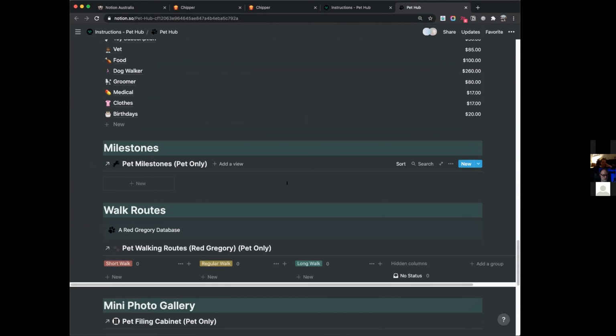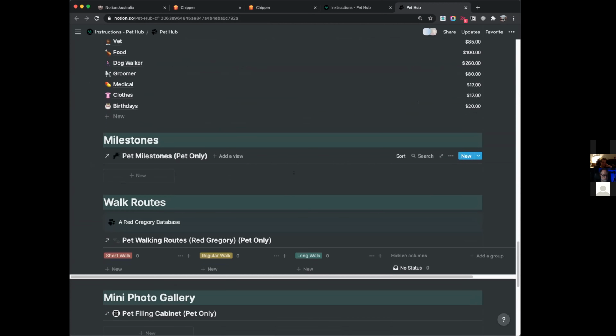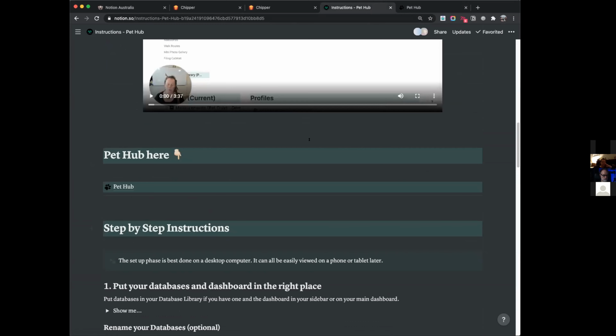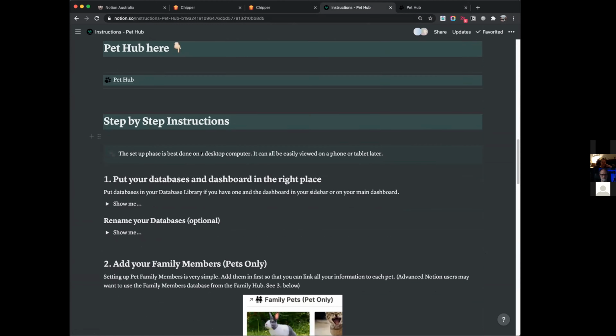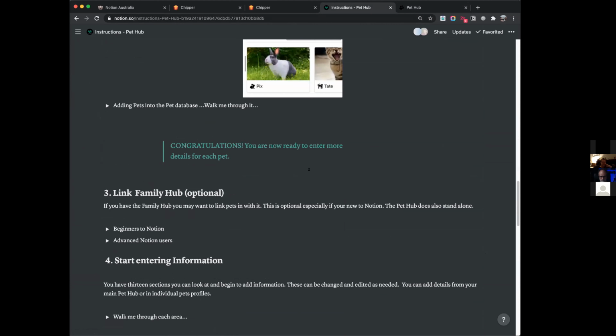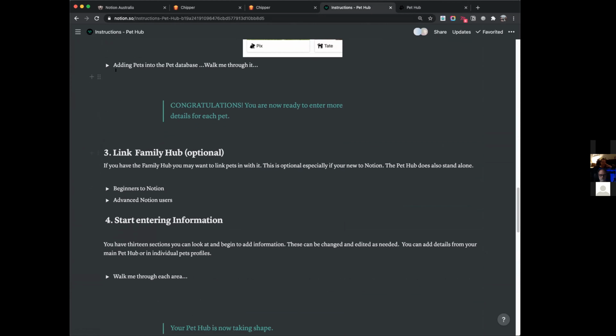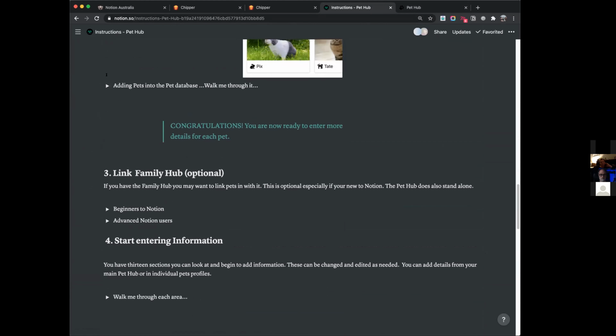What's good about it is you can take out the bits you don't want, or adopt the bits you want. All of the instructions are either in this video, or there are step-by-step instructions with a little bit of detail, for example, how to add a pet into the pet database and stuff like that.